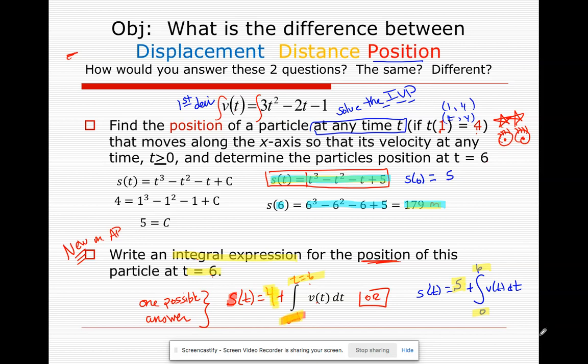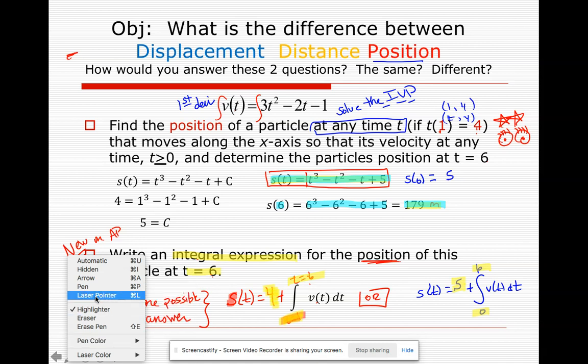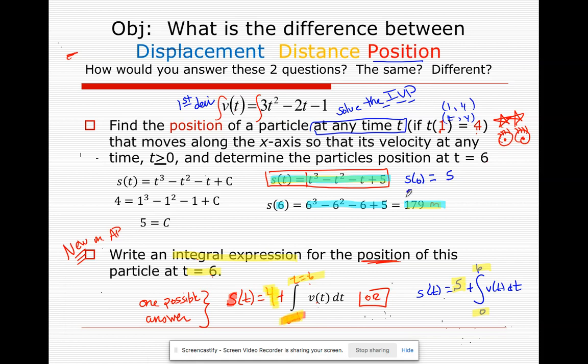And there's tons of other things, right? How about this one? What is S of 2? 8 minus 4 is 4, minus 2 is 2, plus 5 is 7, right? Make sure I did that math right. 8 minus 4 minus 2. 8 minus 6 is 2, plus 5 is 7. So another